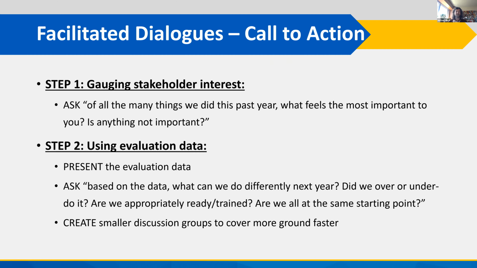Sometimes you can create smaller discussion groups that will help you cover more ground faster. So thinking about Achieving Together in particular, and the special populations that you may be targeting within your region, that's a great example. Provider organizations that work predominantly with that target population, another great example. Or sets of services that are really important to the care continuum in your region. And I'm looking at you,